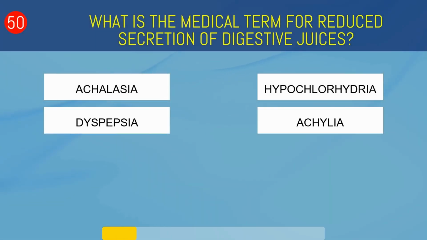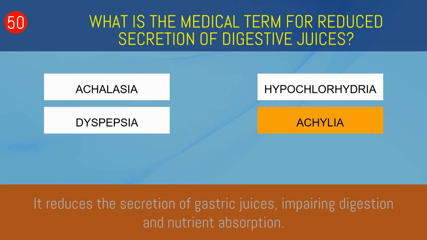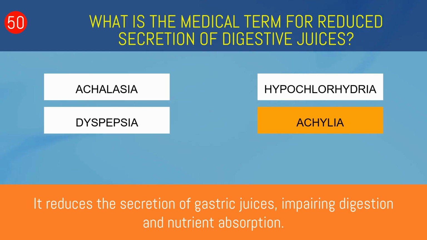What is the medical term for reduced secretion of digestive juices? Achalasia, dyspepsia, hypochlorhydria, or achilia? Achilia. It reduces the secretion of gastric juices, impairing digestion and nutrient absorption,